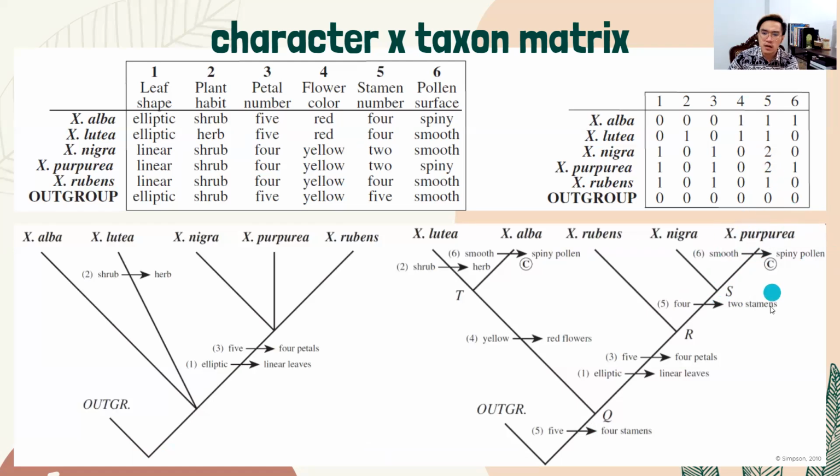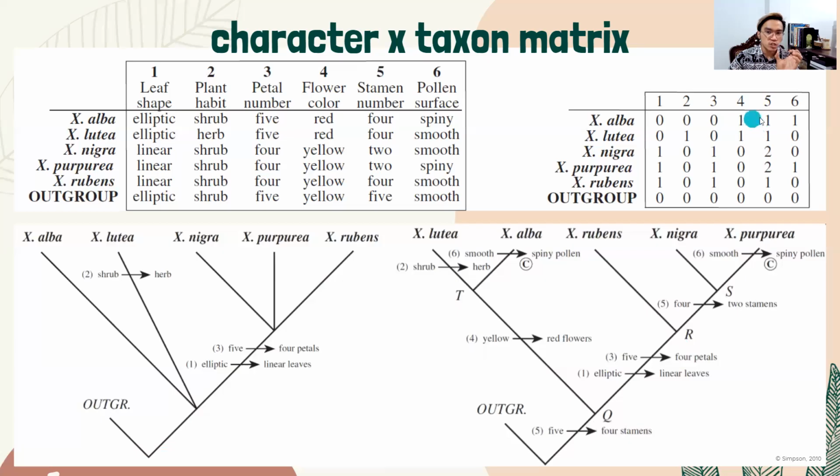How about the other characters? Maybe character 5. How about character 4? For character 4, we can see that it's something that unites Ex lutea and alba together. We were not able to group alba and lutea firmly earlier, because they may look similar, but they're still different based on characters 1, 2, 3. But based on characters 4, 5, 6, we now find that, at least based on character 4, lutea and alba can actually be clustered together.